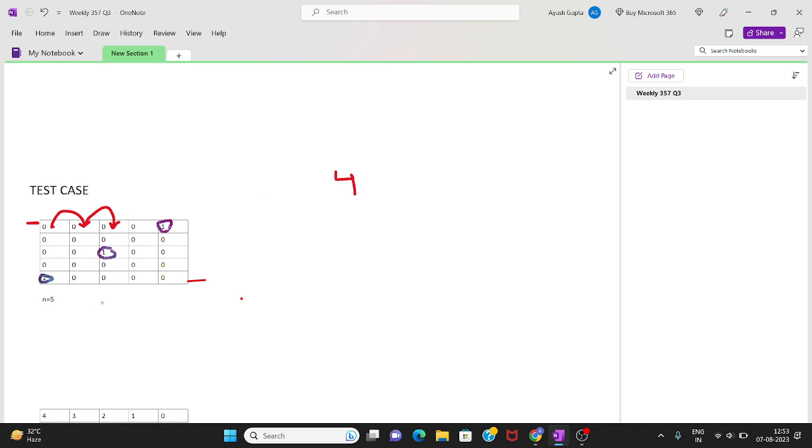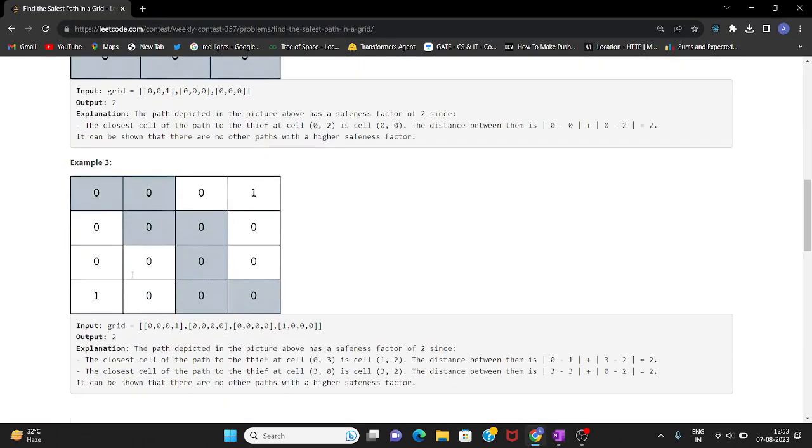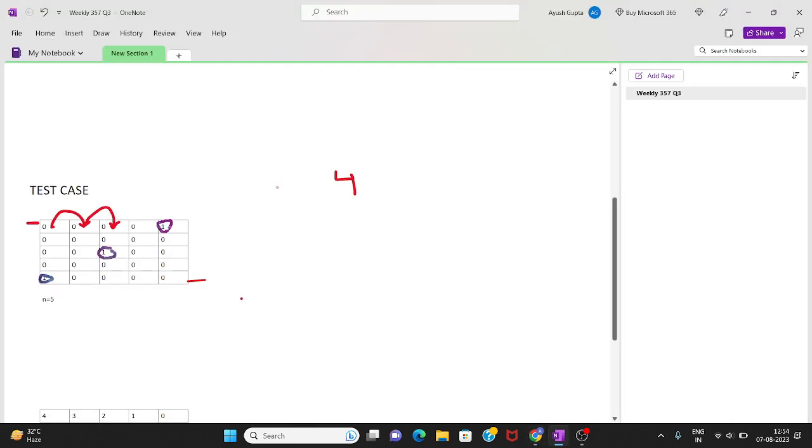And how many cells do we have in the grid? N cross n. So let's see the maximum limit on n. We have a constraint of n less than or equal to 400. So how many maximum cells can we have? N cross n, which is 400 into 400.